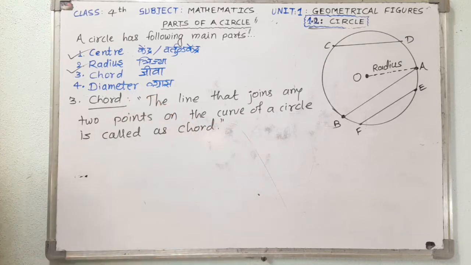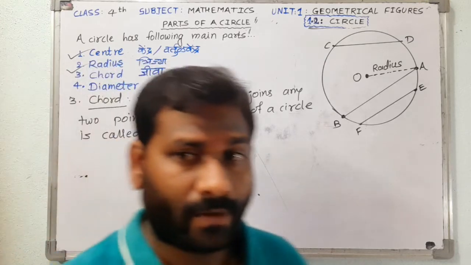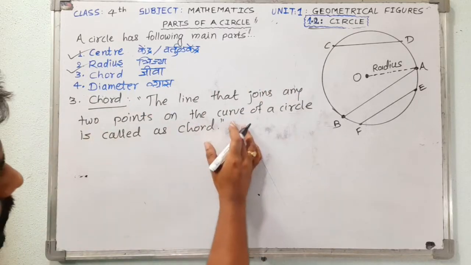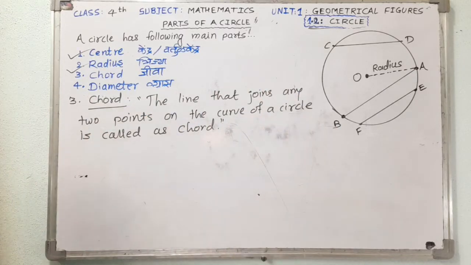Okay, so this is the definition of the chord. What is the definition? The line that joins any 2 points on the curve of a circle is called as